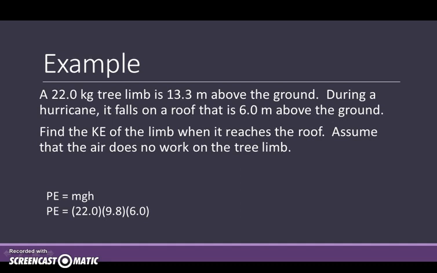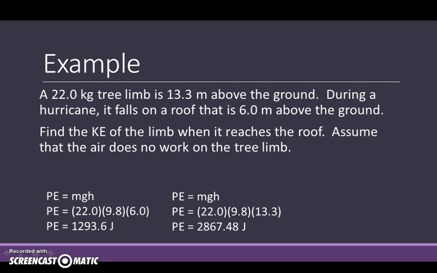Okay, so PE, let's go ahead and solve for what it is when it's at the roof level. So 22 times 9.8 times 6, you should get roughly 1,293.6 joules. So this is when it's at the roof. Okay, now we need to figure out what it is for initially. So 22 times 9.8 times 13.3. So 2,867.48. You could have also plugged this in as just 13.3 minus 6, and that would give you the change in potential energy. So looking at the change in potential energy here,